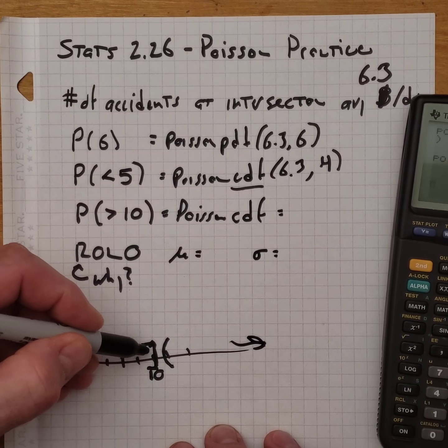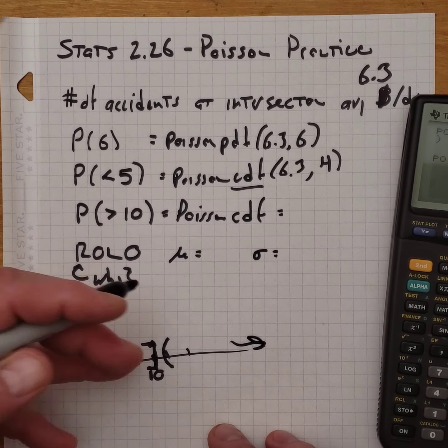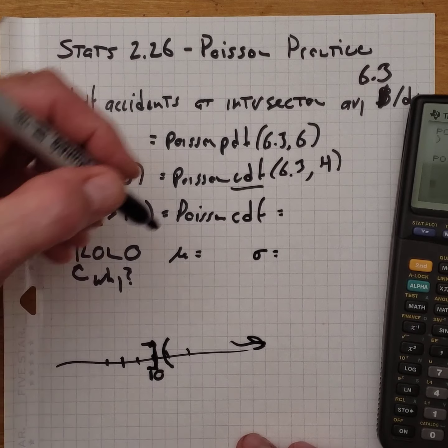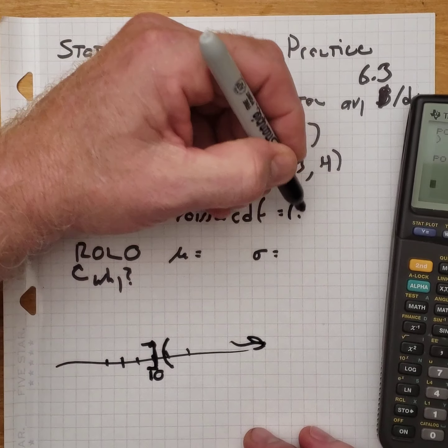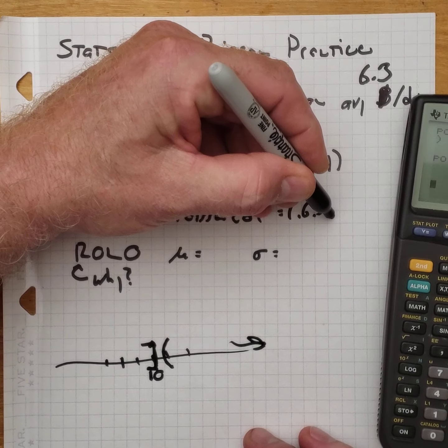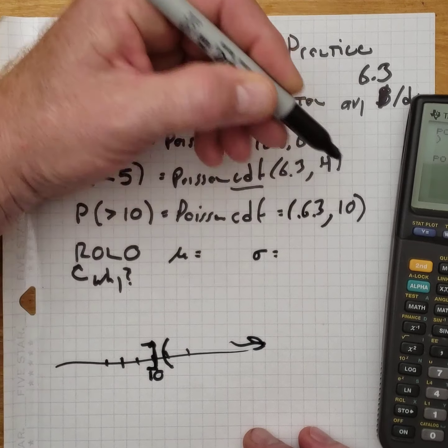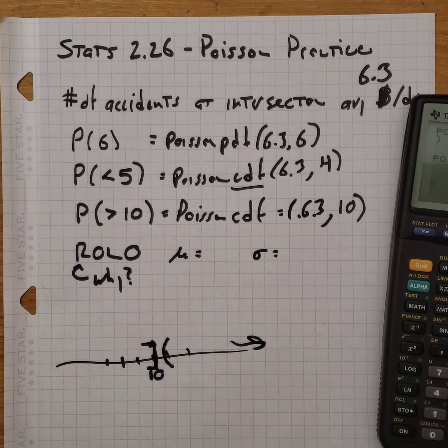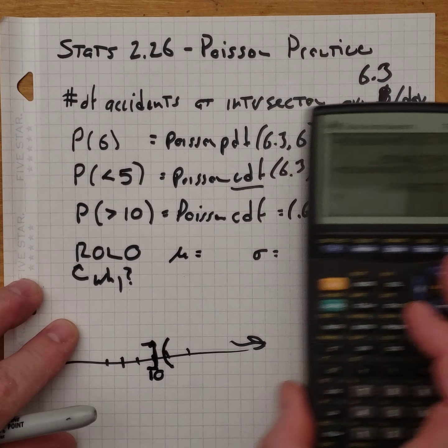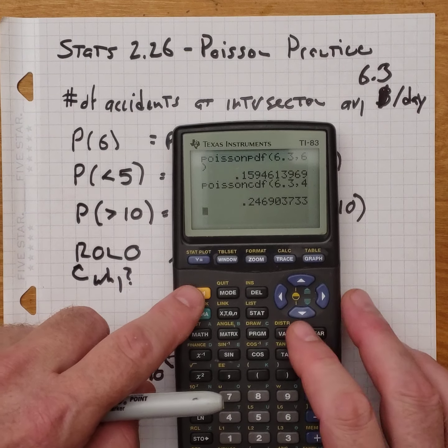More than 10 means not less than or equal to. So we would use CDF to find the probability up to or equal to 10, and then we subtract that from 1. And so if we do Poisson CDF